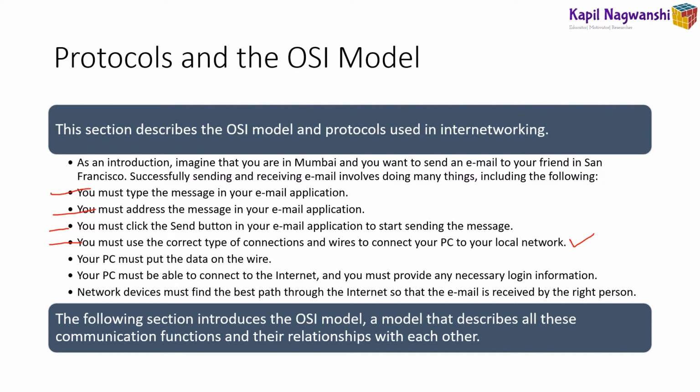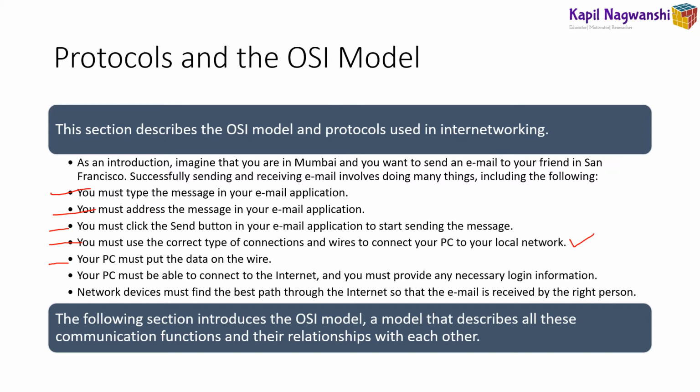Your PC must be able to connect to the internet, and you must provide the necessary login information, like some login information is required to sign in to Wi-Fi. Network devices must find the best path through the internet so that the email is received by the right person in San Francisco. So in the coming section we will introduce the OSI model that describes all these communication functionalities